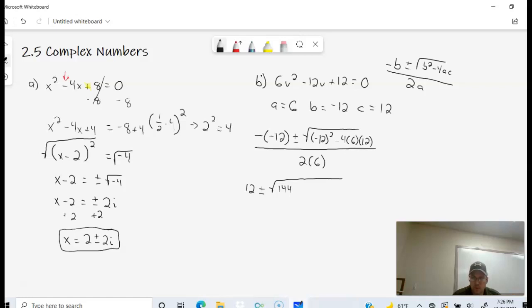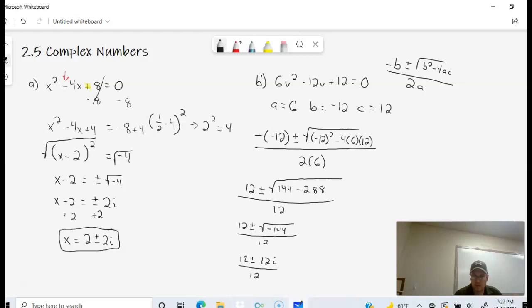4 times 6 is 24. 24 times 12 is 288. Double check that in your calculator. All over 2 times 6, which is 12. So I'm going to get 12 plus or minus the square root of 144 minus 288, which is negative 144, all over 12. Alright, so that's going to be 12 plus or minus the square root of negative 144, which is going to be 12i